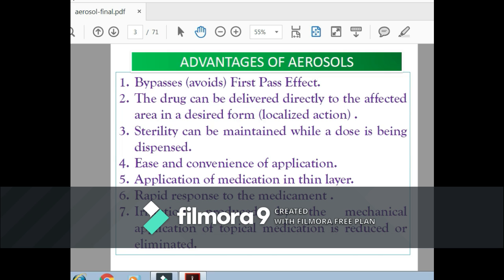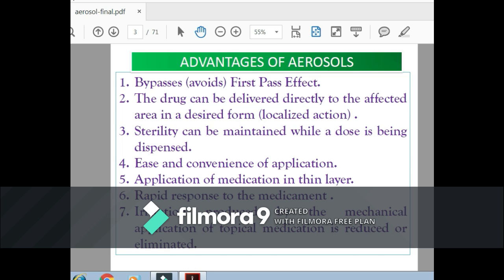Another advantage of aerosol is that the drug can be delivered directly to the affected part, just like your topical drug delivery system. It means where your problem is on the top, we can spray your drug onto the affected area. So directly your drug reaches the localized area, or local action is possible. So we can say quick action may be possible with the help of aerosols. Then